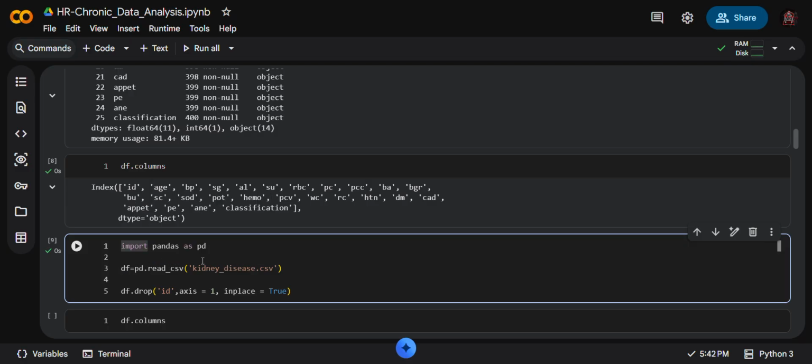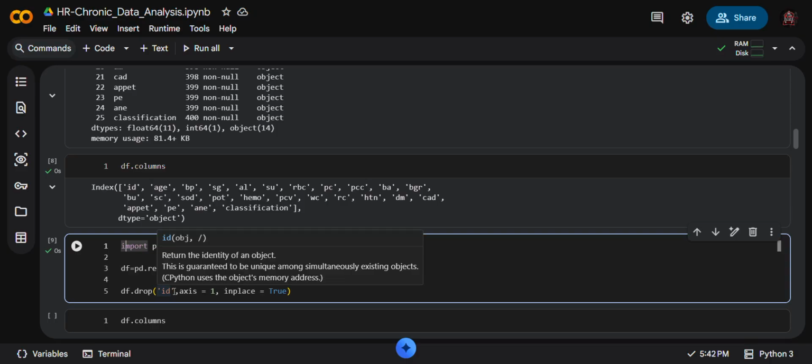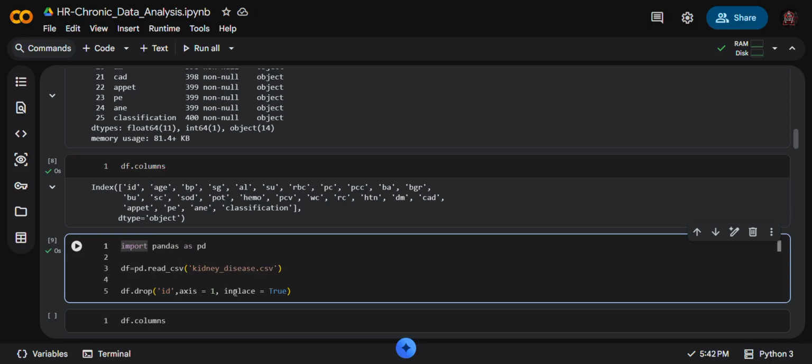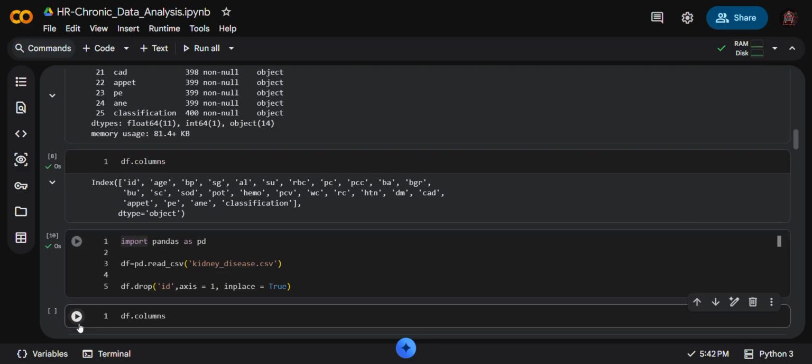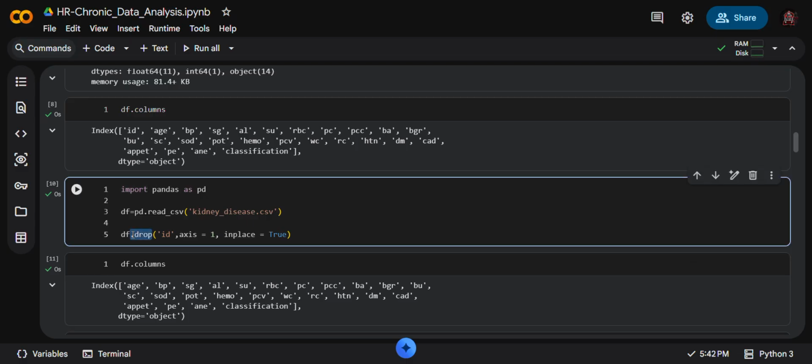This is the same step we did before, but here we define drop, the id column with axis equal to 1 and inplace. That's the drop command.